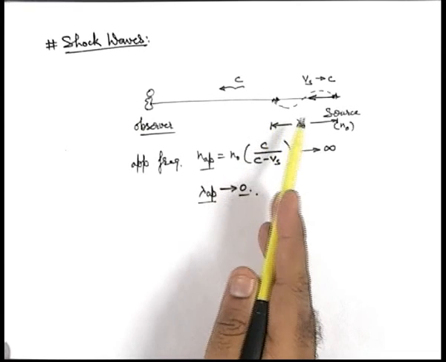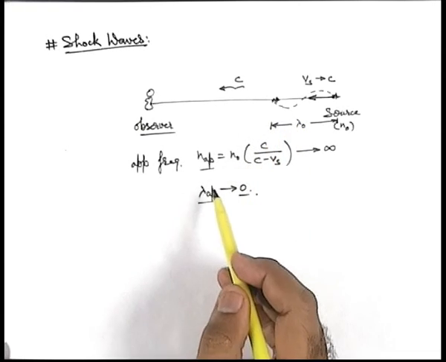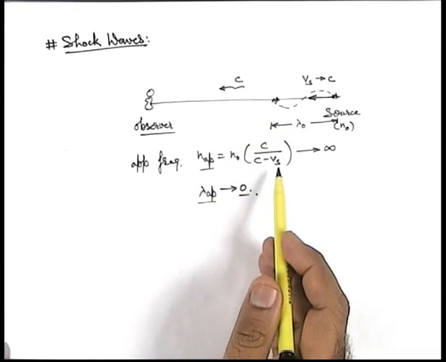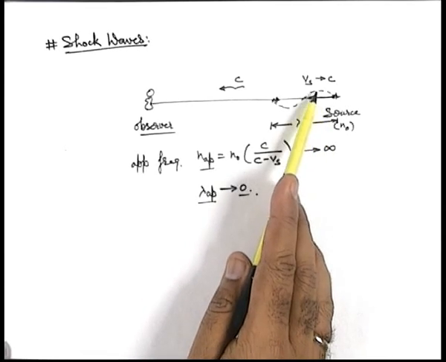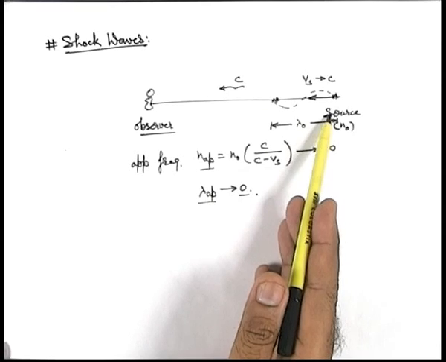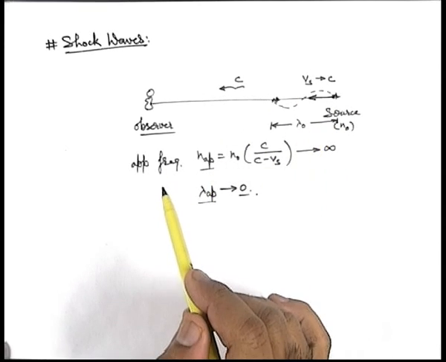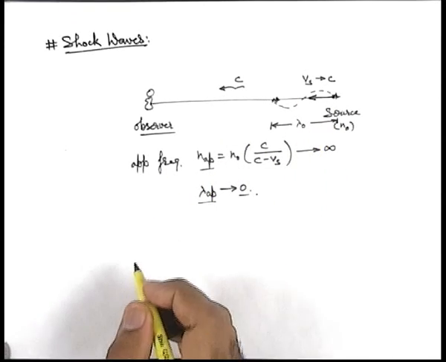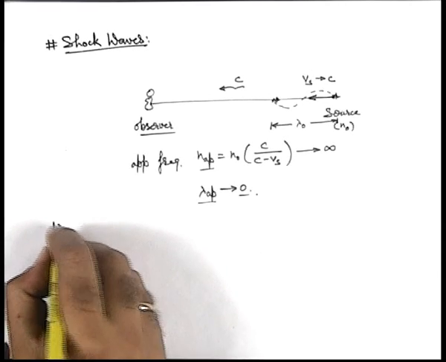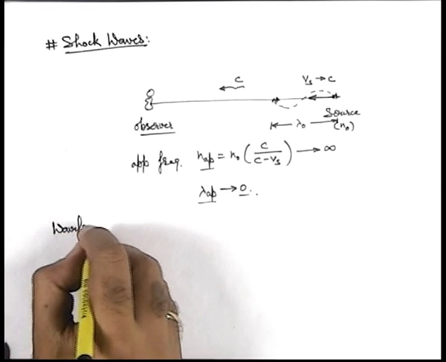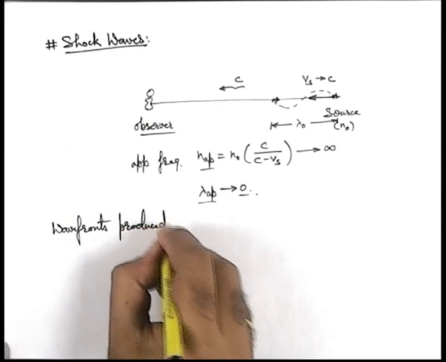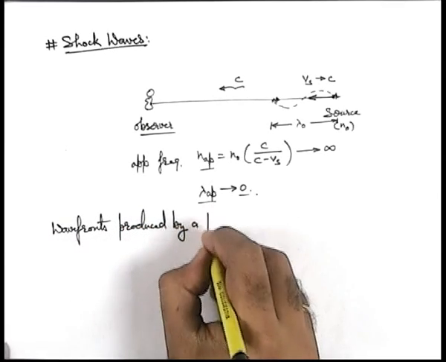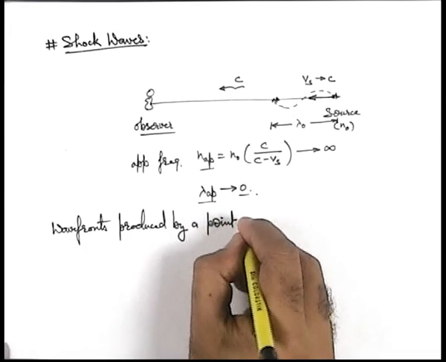to analyze mathematically. Let's understand what will happen in Doppler's effect as well as what will happen when the source speed becomes equal to c, or even when the source speed becomes more than the speed of sound. Now in this situation, let's understand first about the wavefronts produced by a point isotropic source